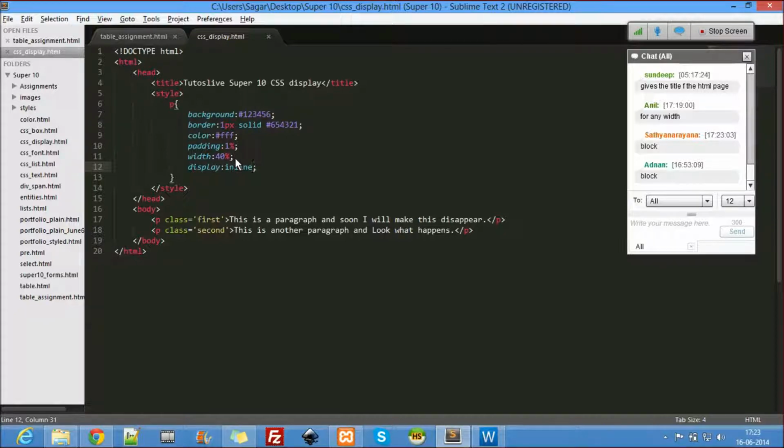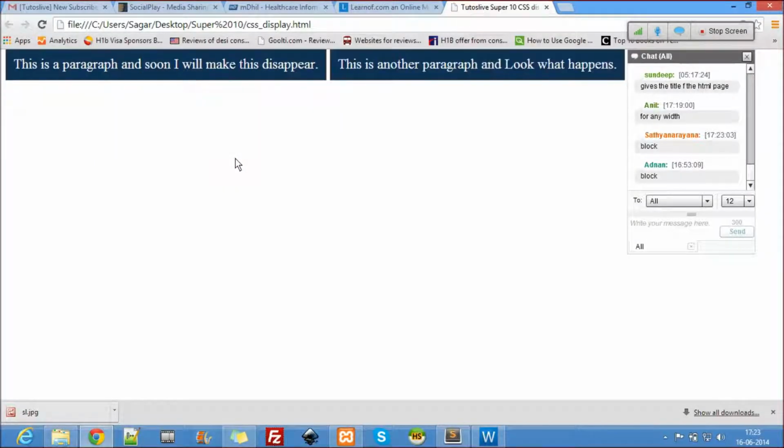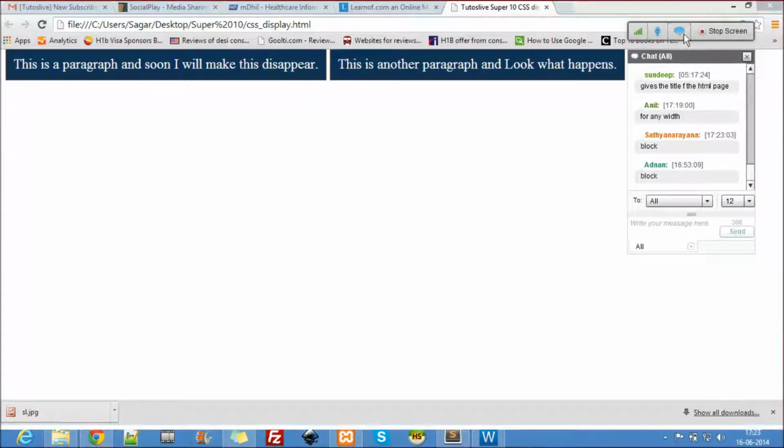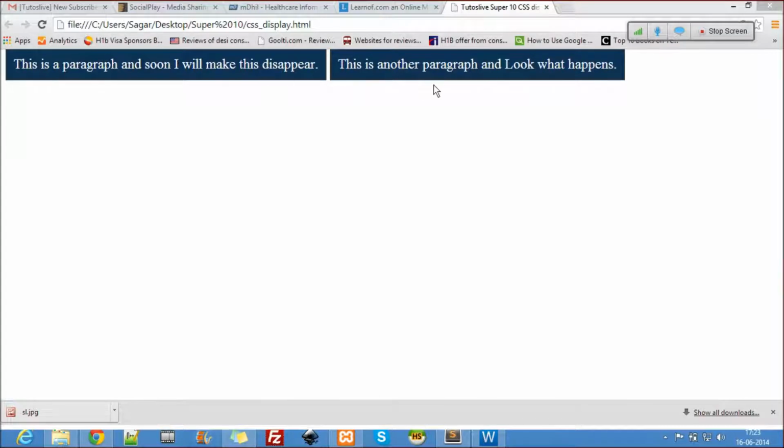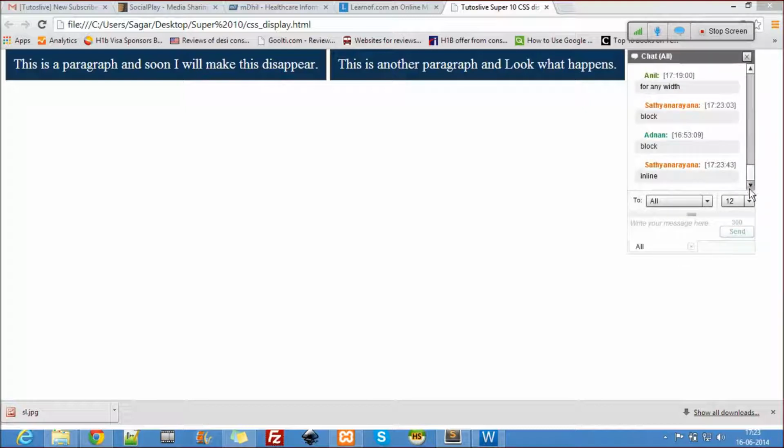Display inline will make its scope only restricted to the text. Let's see now. Refresh. See that? Now they have become, what kind of tags are these now? Inline. Okay, they are now inline tags.